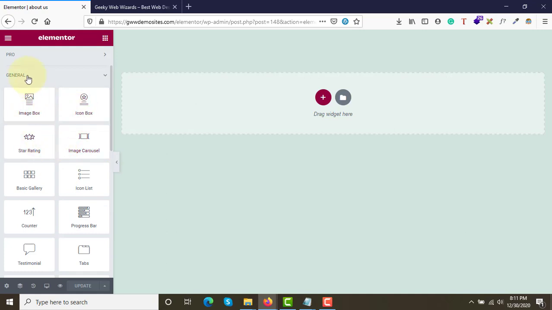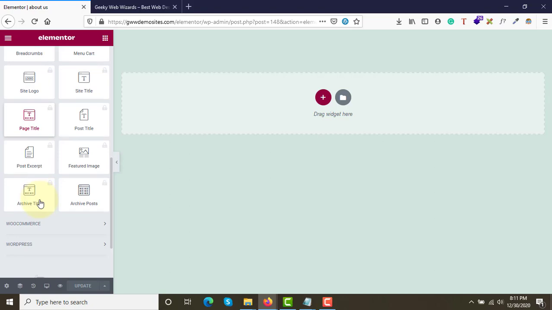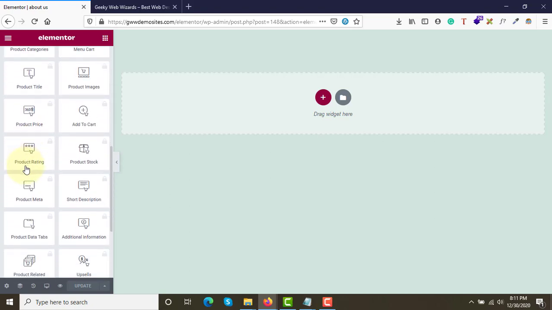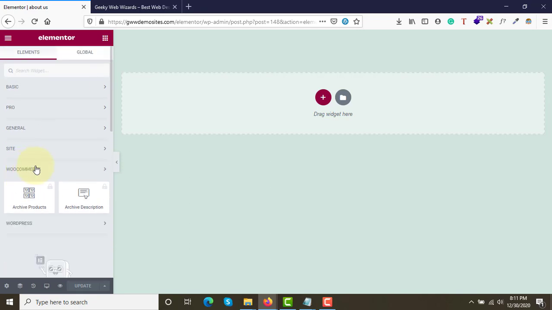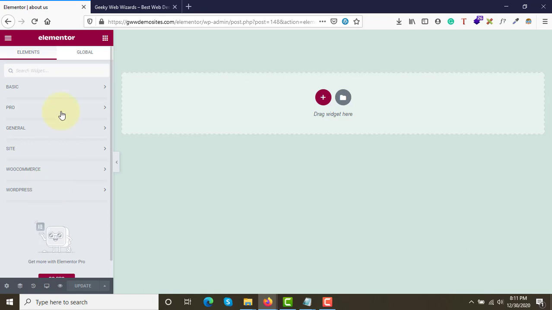And then for site, we have again so many elements, and similarly under WooCommerce and under WordPress. These are the elements that we can use in our web development process while creating websites. These elements can be accessed from the option called the elements tab, right?